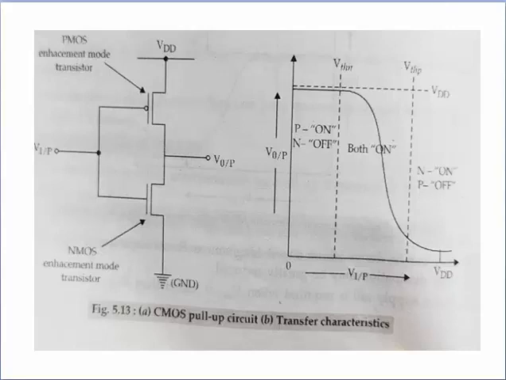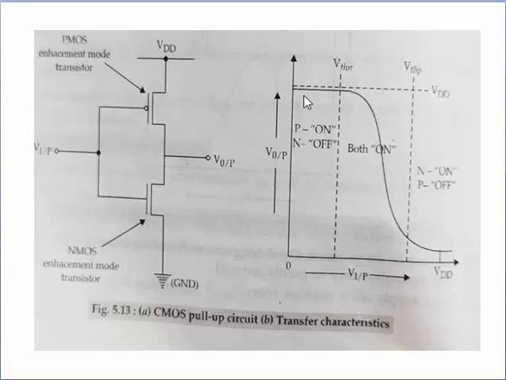So that's why we have seen the different regions of operation of the CMOS inverter. The first region is when V input is 0. V input 0 means PMOS is turned on while NMOS is turned off. P is on and N is off. So no current flows through the inverter and the output is connected directly to VDD through the PMOS transistor. At the output, a good logic 1 is present.